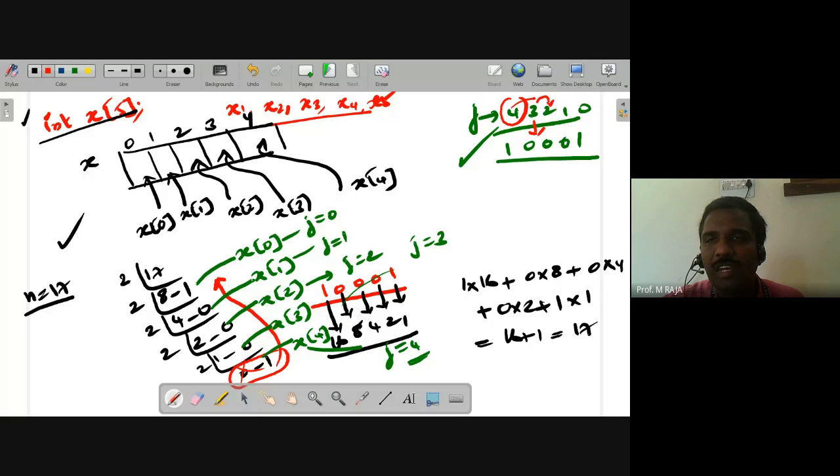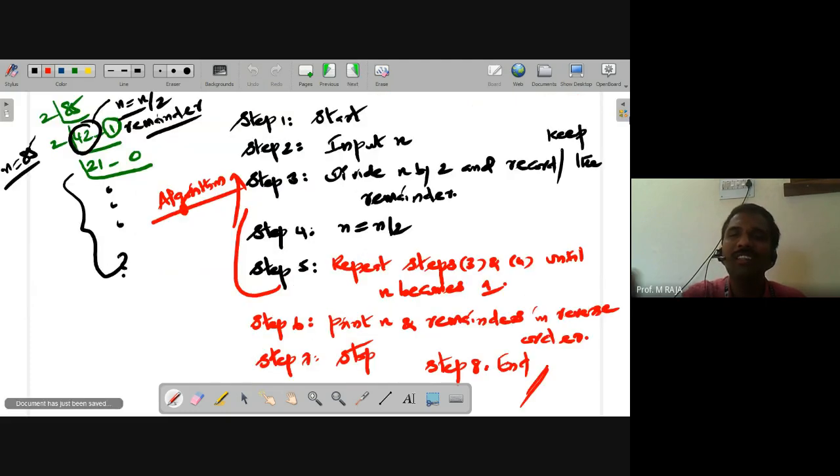Then check the value of j. So this way you need to continue. When j reaches 0, we have printed the value. At that stage you need to terminate the process. This is the logic to convert this algorithm, this sequence of steps,